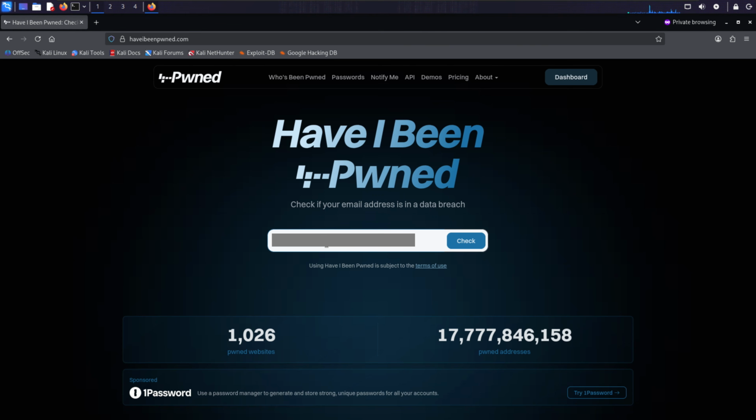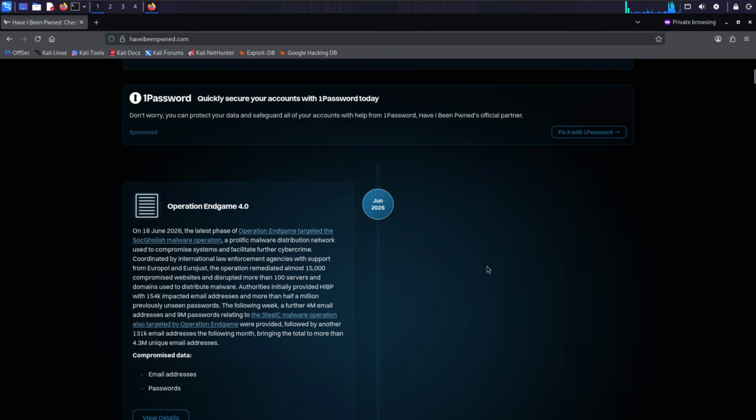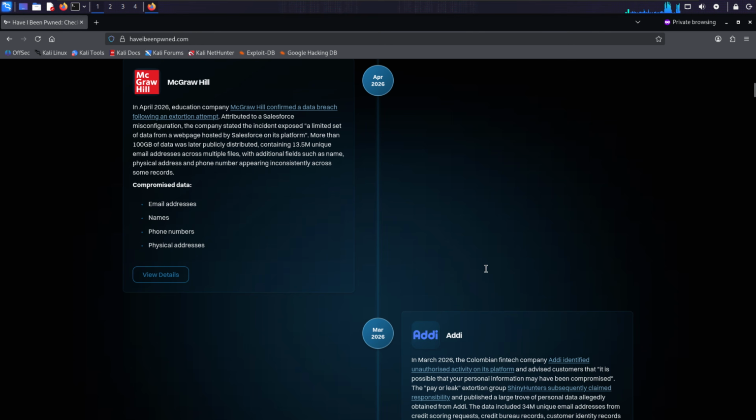Now I'm checking whether an email address has appeared in any known data breaches. First, I'm testing an email address that has previously appeared in a breach. As you can see, the result shows that this email has been pwned. I can scroll through the results to see which known breaches included this email address and when those breaches were